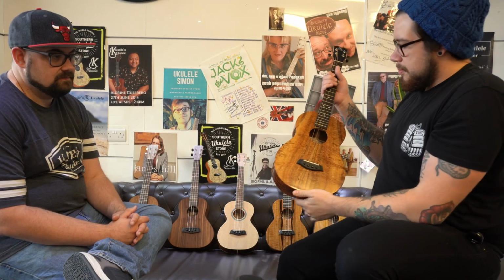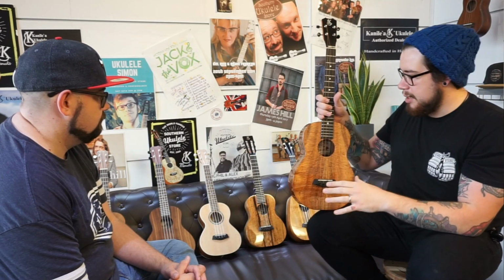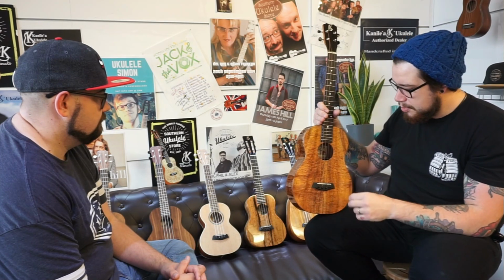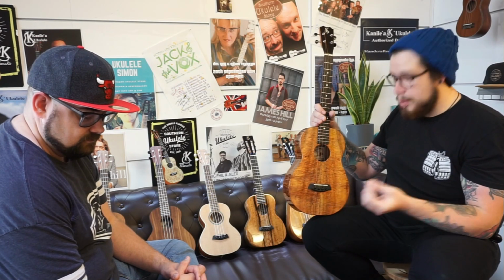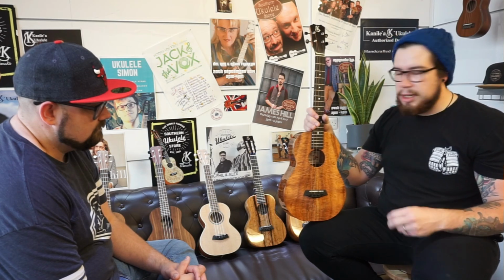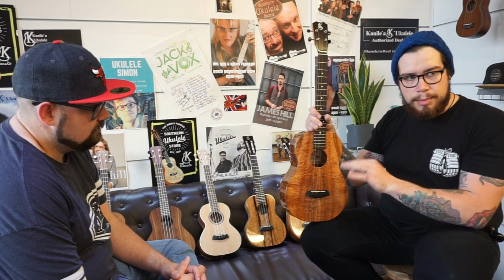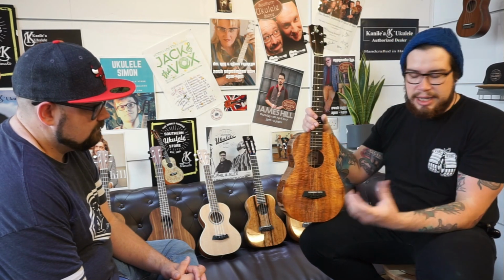So the differences between something like a Kanile'a and a Kanile'a Islander range is obviously the materials used and where they're built, but also the actual instrument itself. The bracing is slightly different in the Kanile'as to the Islanders. The Islanders have a more common, standard kind of design almost, whereas this is their true R bracing, which is very weight relieved to,